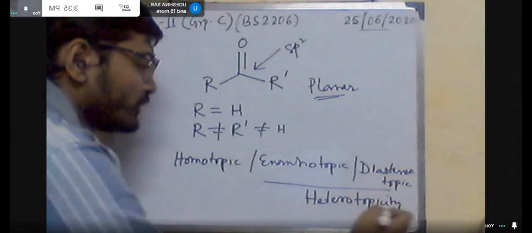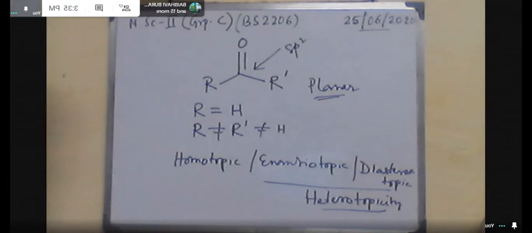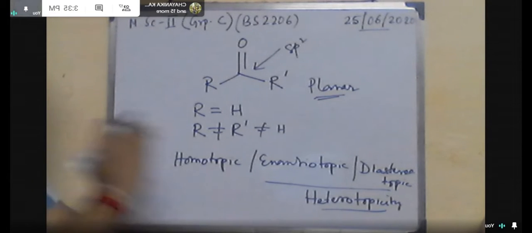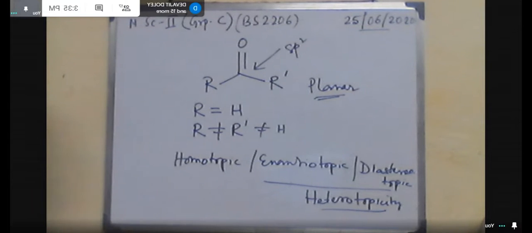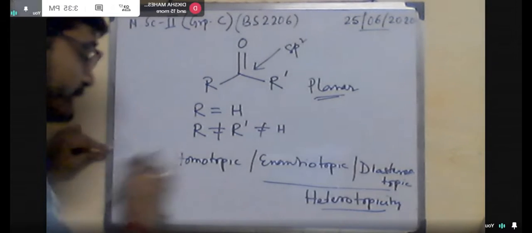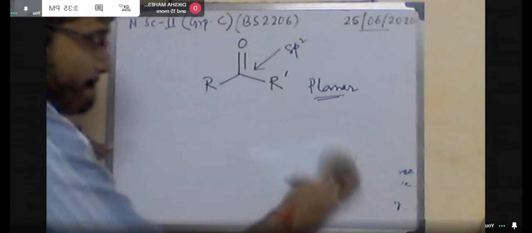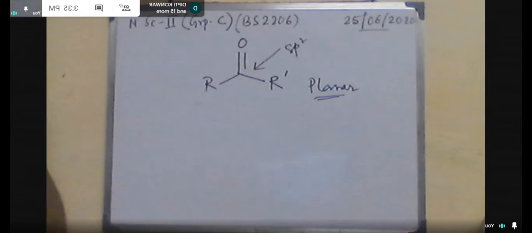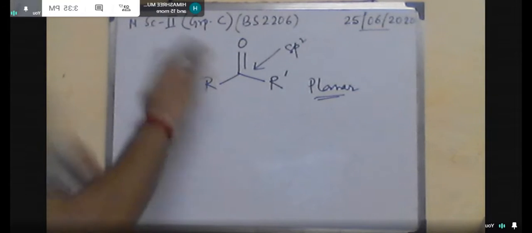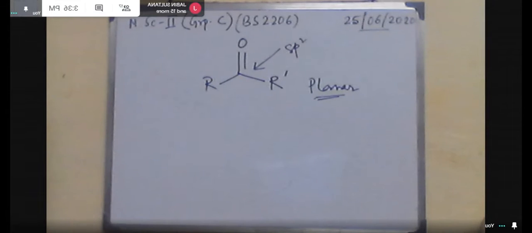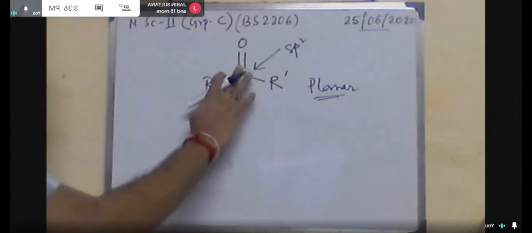I mentioned the topic relationship not between the substituents but between the two faces. Why the two faces? Why will I consider this? Because you can see that this carbonyl is planar in geometry. So if it is planar, it will reside in the plane of this whiteboard. Now in this plane, this is the front face, and behind the plane it is the backward face. So that means there are two faces.